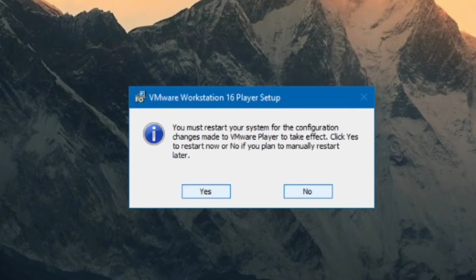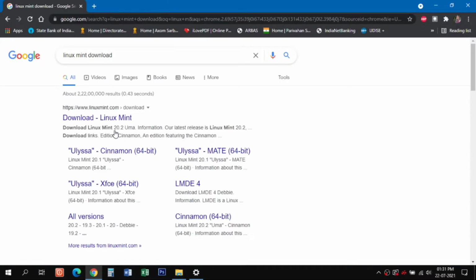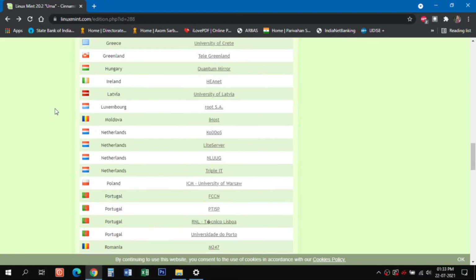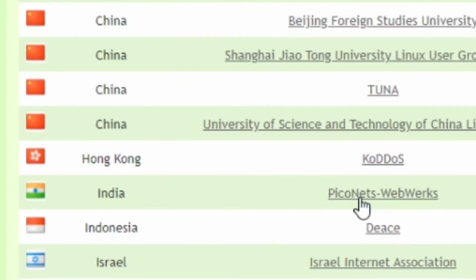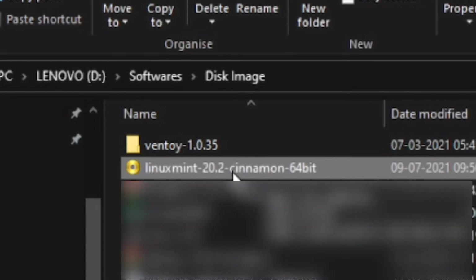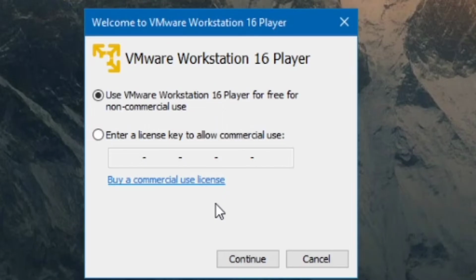After you have restarted, next we need an ISO image file of an operating system to test it. I am downloading Linux Mint. There are different flavors here. I will select Cinnamon and choose a download location. Let it download. So this way you can download different types of Linux desktop flavors from different websites and test it out. So double click on this application, click continue,